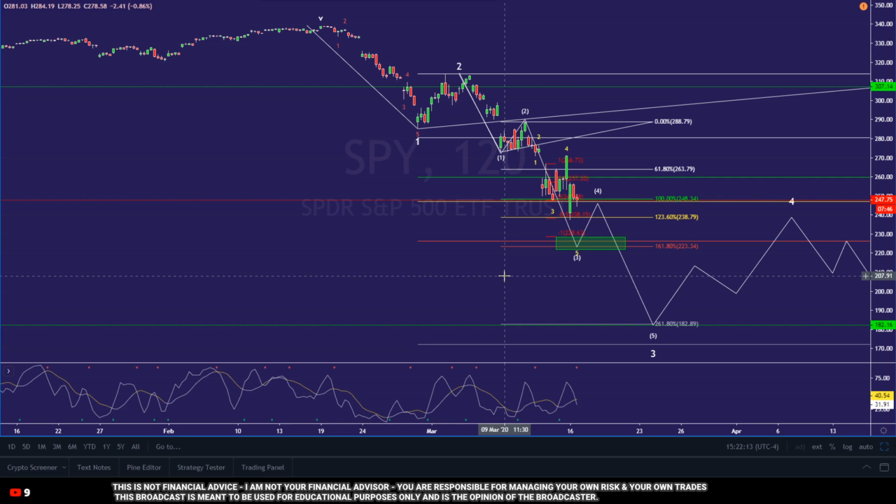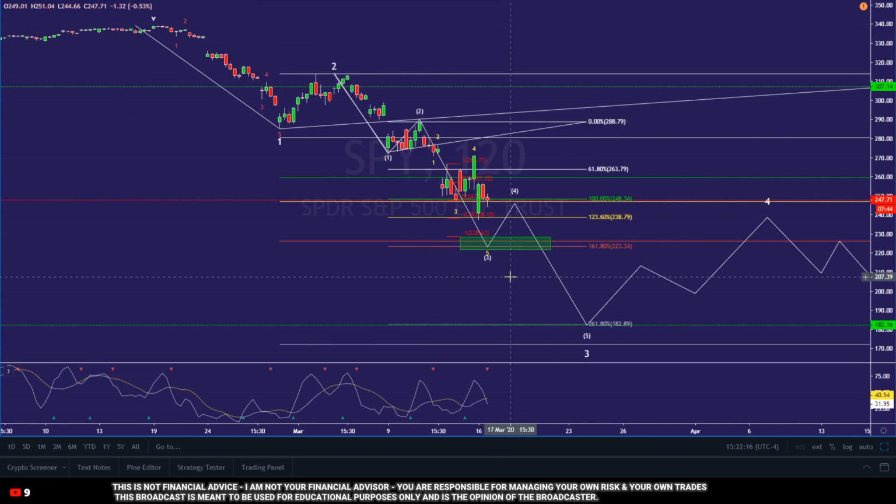Okay. So let's talk a little bit about the S&P. I want to talk about this just for a moment, because we've been tracking this since the beginning. I'm looking for a move down to 225. If we move down to 225 and we bounce there,